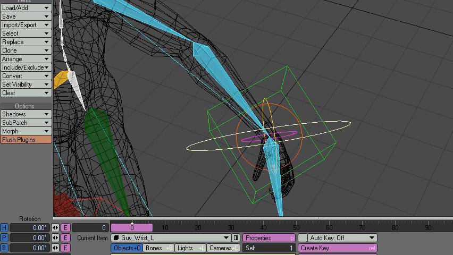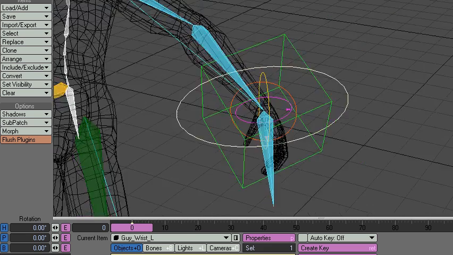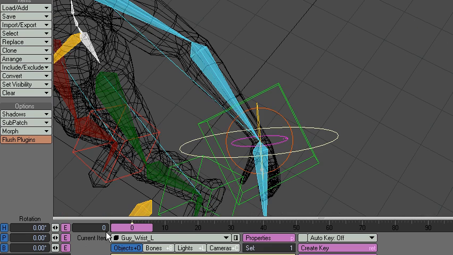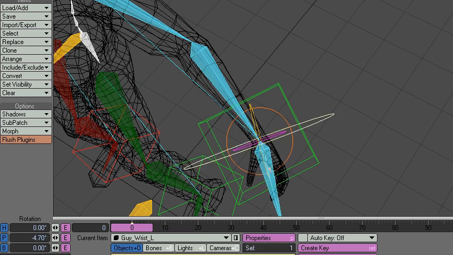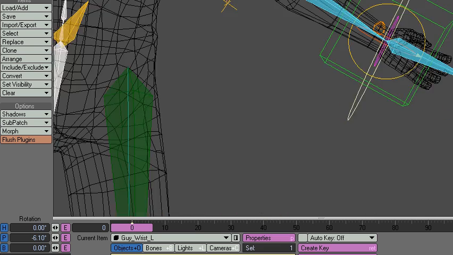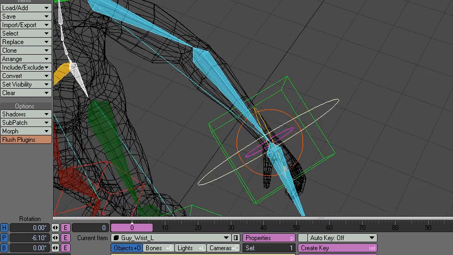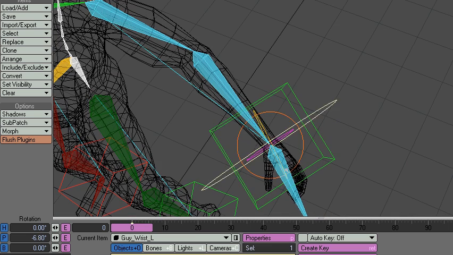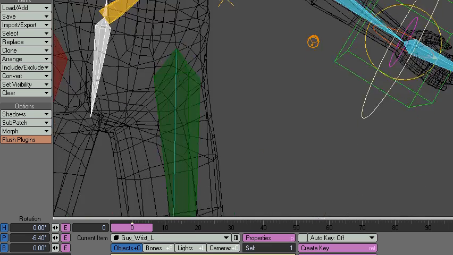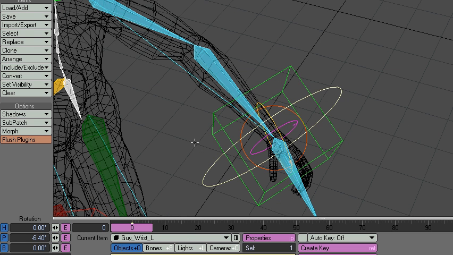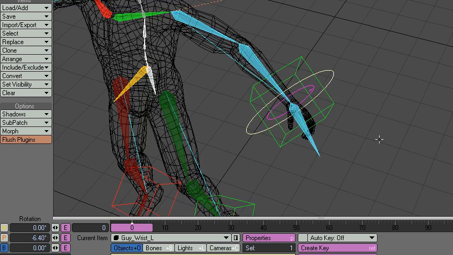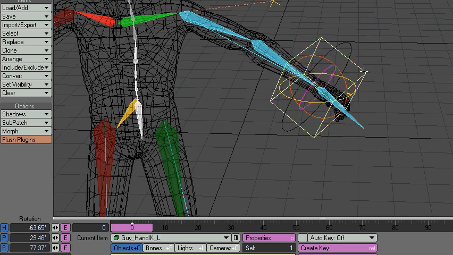So I don't know what's going on there. But I just kind of sort of brought it back. So anyway, I'm going to only rotate this on the bank. And what that lets me do is, when I'm animating with this guy,